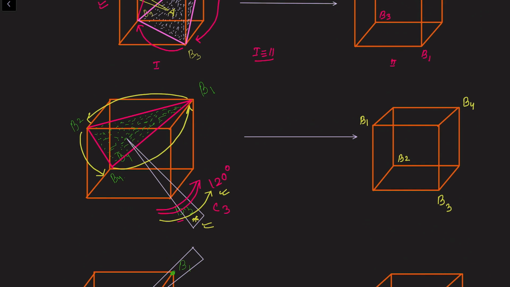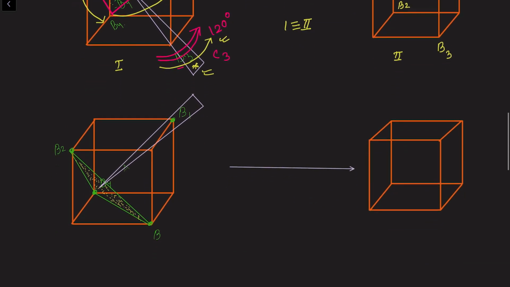Now check, this is structure number 1, this is structure number 2. So structure 1 is equivalent to structure 2. That's why this is a C3 operation, rotation by 120 degrees, right? Now check the presence of the fourth proper axis of rotation, which contains the B1 atom. Again the position of B1 will not change, but when you rotate this molecule, in this direction we are rotating this molecule about this C3 axis of rotation at 120 degrees.